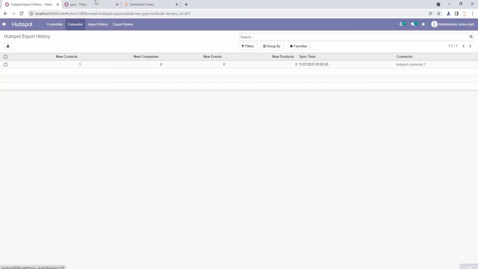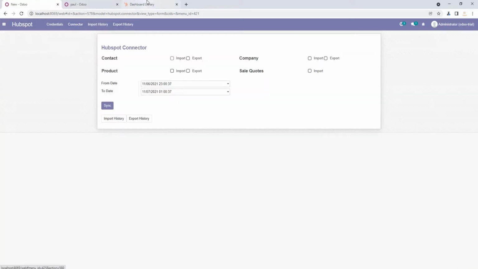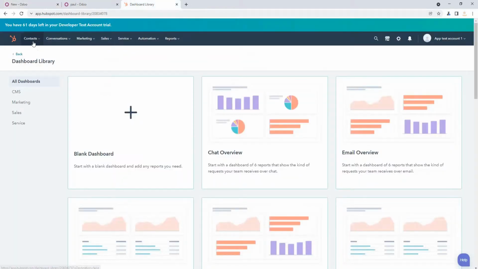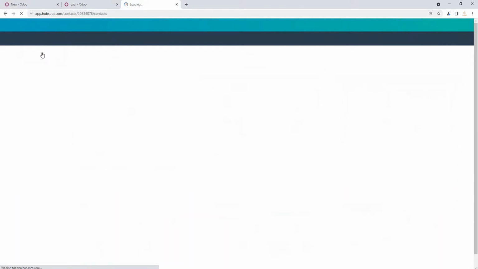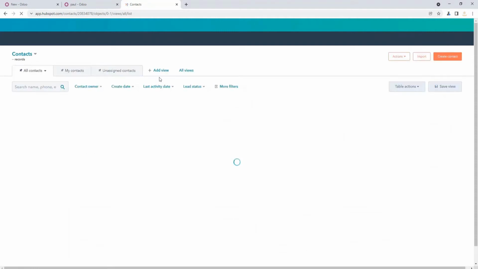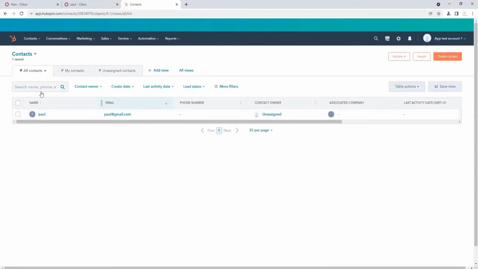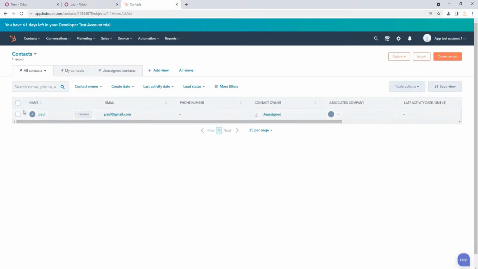Okay, so I am going to HubSpot and check whether the contact is exported successfully or not. As you can see, the contact is exported successfully from Odoo. Now I'm going to create a new contact in HubSpot that will be imported in Odoo.